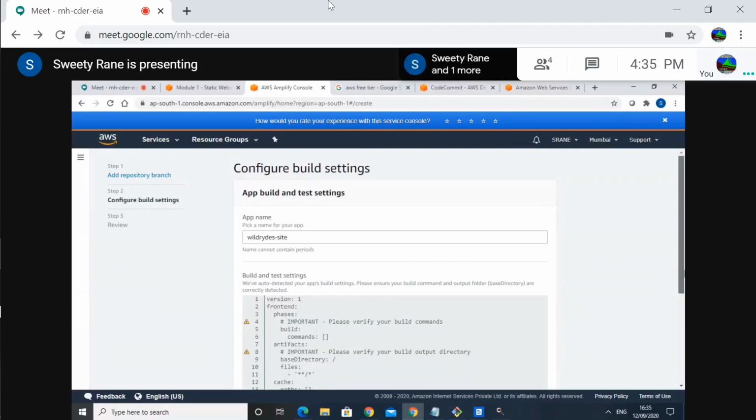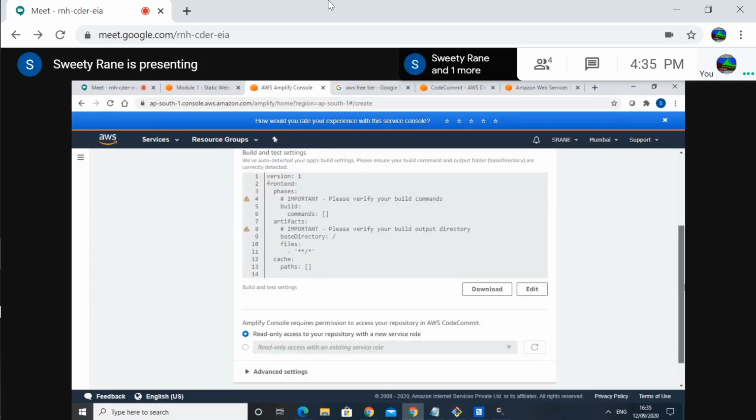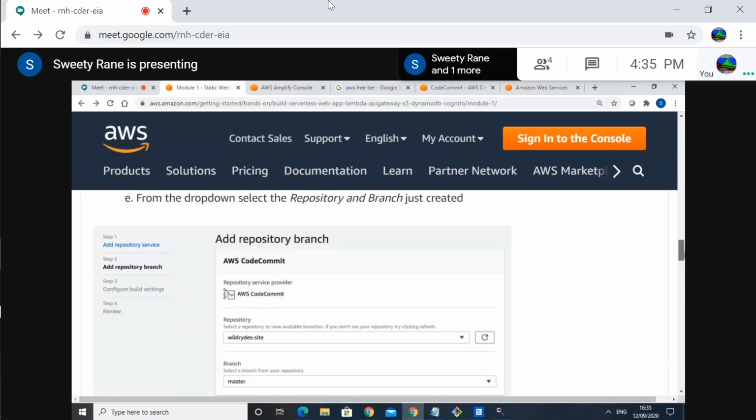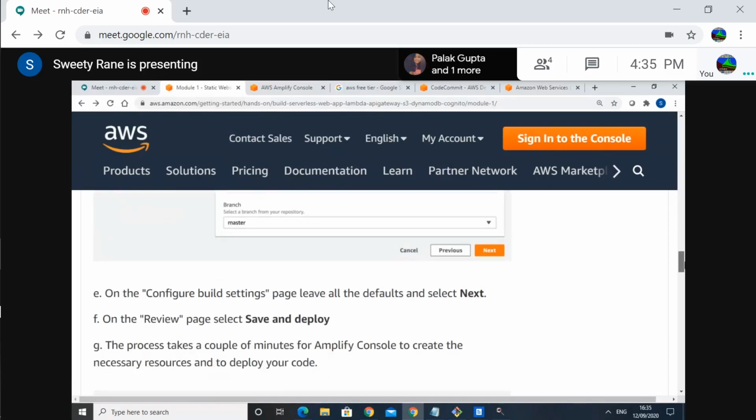Read the next step in your lab. Go down. On the configure build settings page, leave all default, click next, review, save and deploy. Okay.